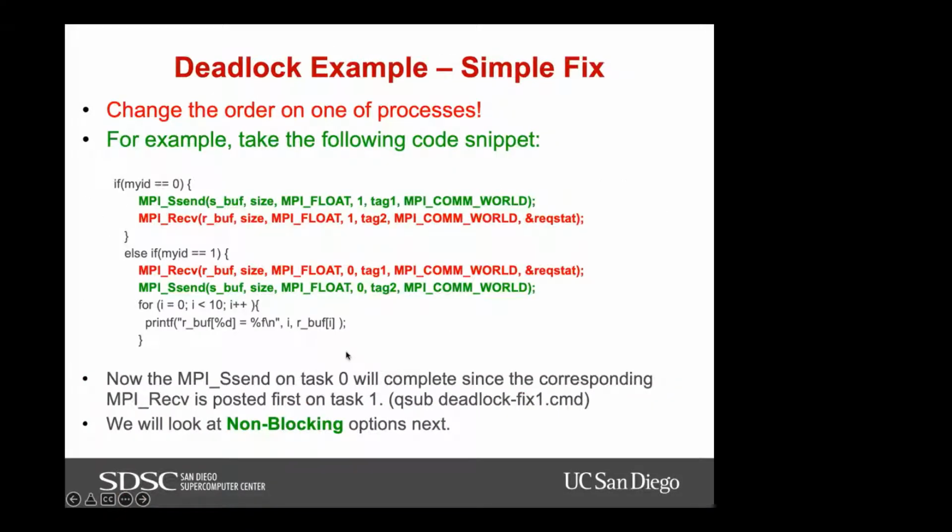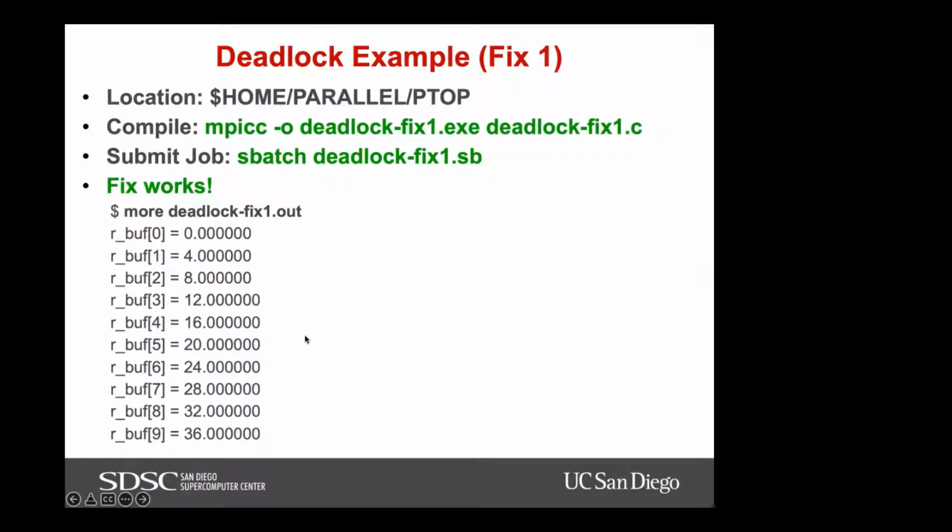So there are lots of fixes. One simple fix is to just change the order. If one of the receives is posted first before the send, then they'll both complete, because it'll clear the other send, and then that receive will clear this send, and it should be good. So that's one way of doing it. And you'll see that in the deadlock fix one example. And I have all these in the run command, so you can go try this out yourself to see how